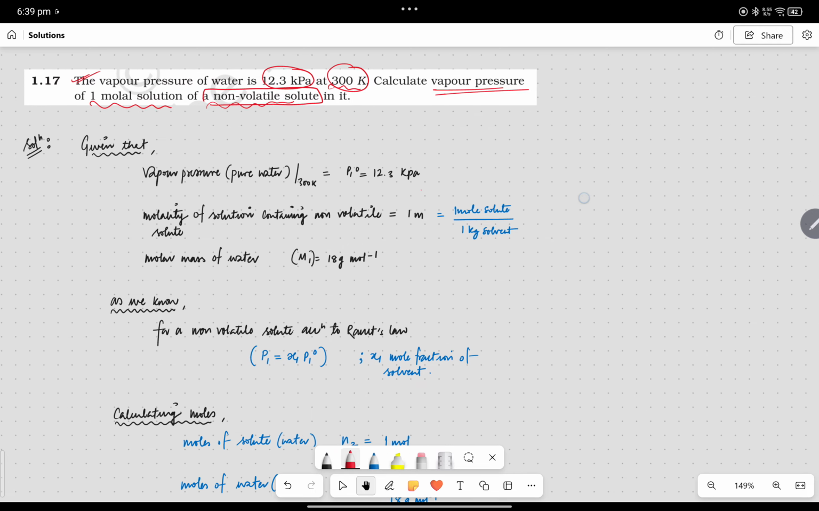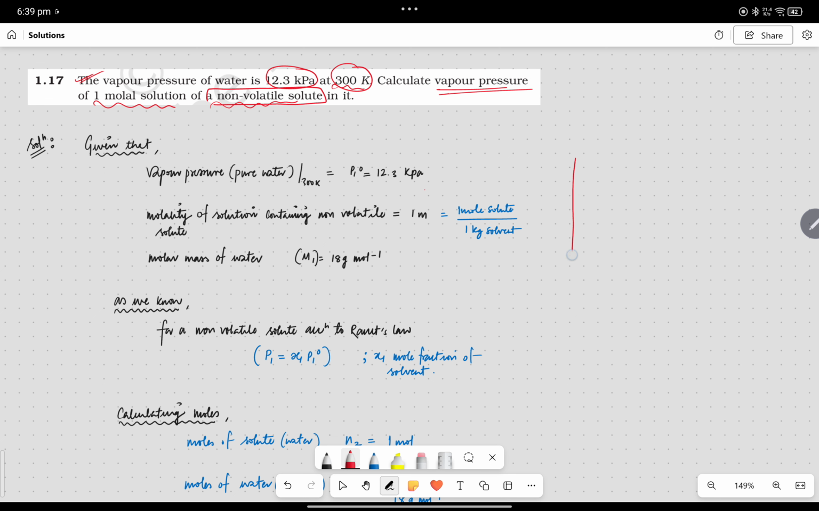Simple. So let's see what the question says. Once you understand the scenario, then you can easily calculate what the question is asking. So this is my solution, and this solution contains non-volatile solute, right, plus water. Simple. And as we know by Raoult's law, whatever component is present, it will exert partial pressure that